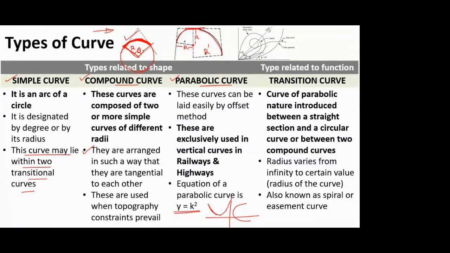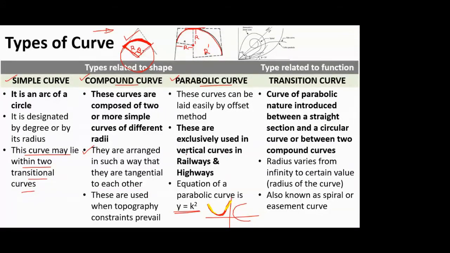Okay, even if I have a parabola of this shape, an upward facing parabola, if I have to use a parabolic curve from this, I'll be using only some part of it. Generally the end part; we don't consider the apex part. We use the end parts of this parabola for using it as a parabolic curve. Now, why is this parabolic curve used? Generally, it is used for two reasons.